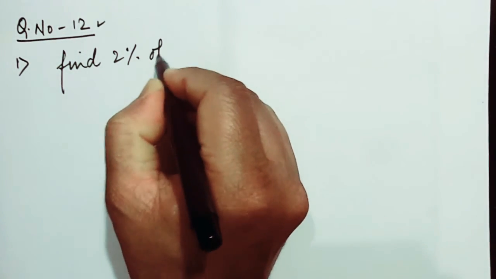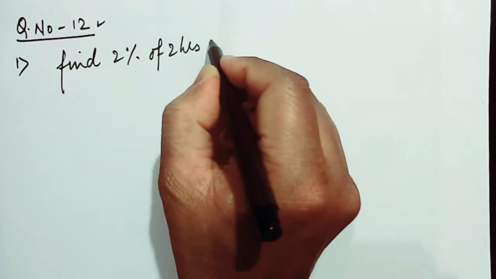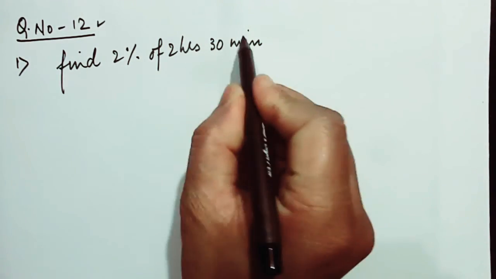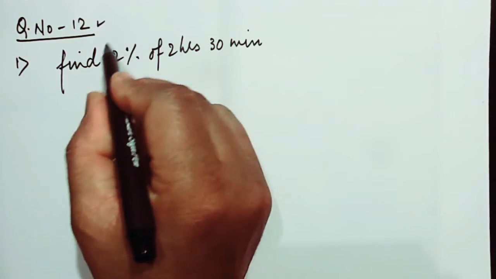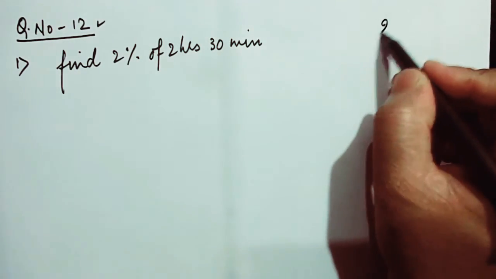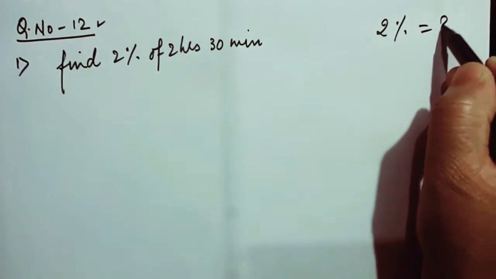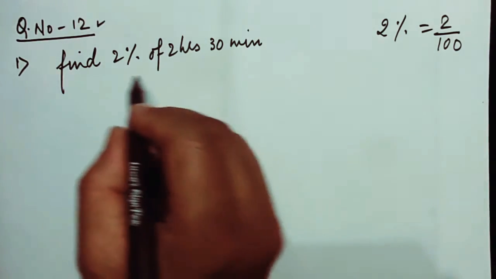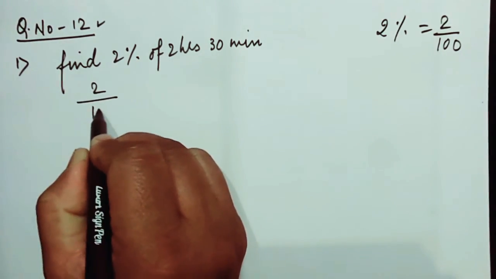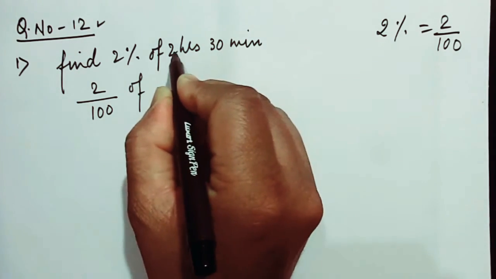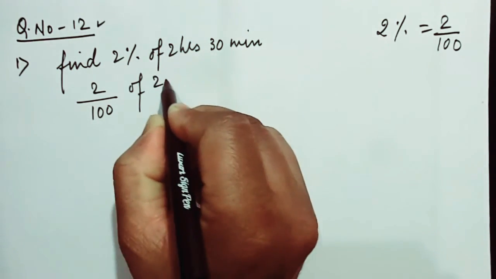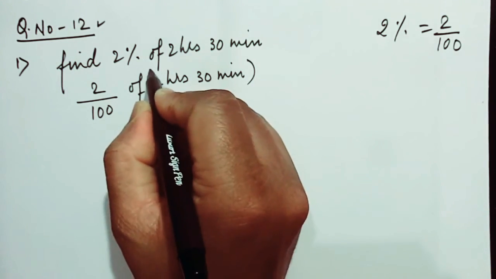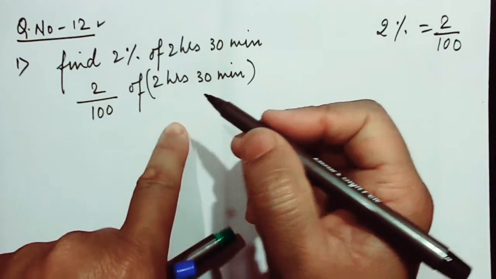2% of 2 hours 30 minutes. So 2% of this much. So 2% actually means what? So here 2% means 2 out of 100. Therefore 2 out of 100 of 2 hours 30 minutes, which needs to be converted